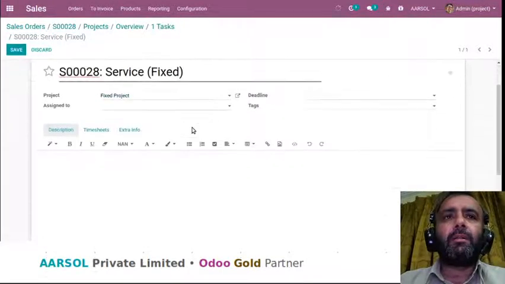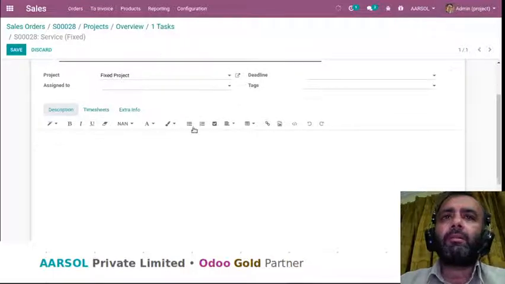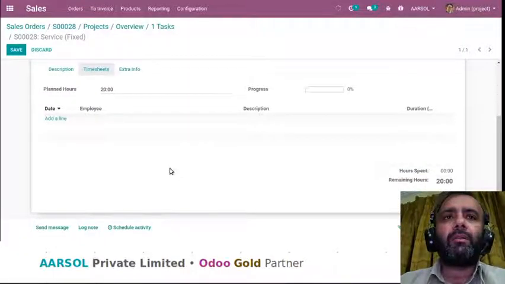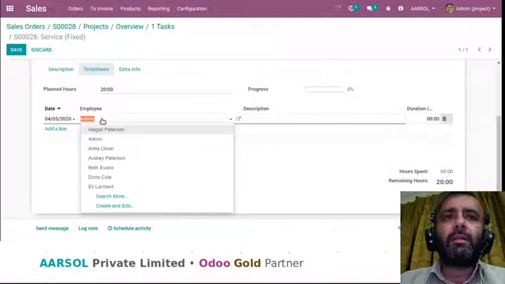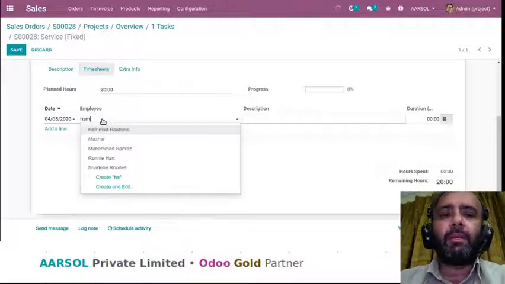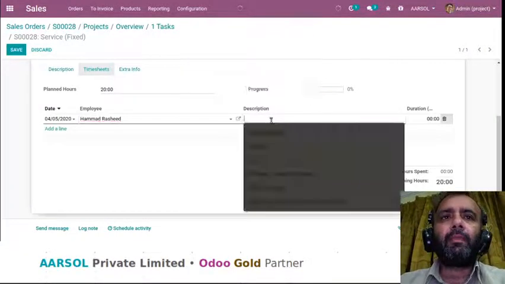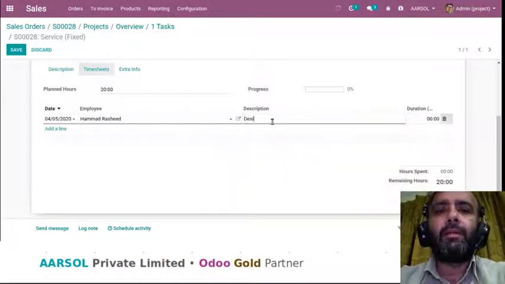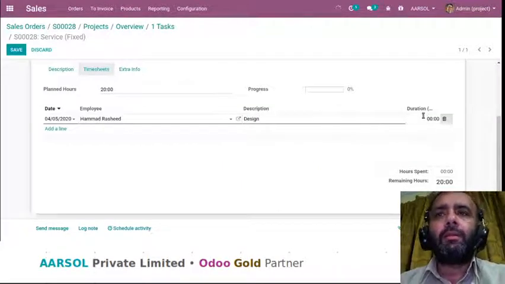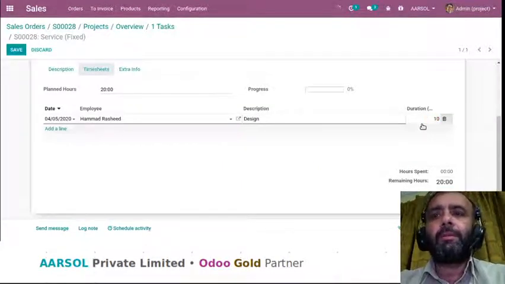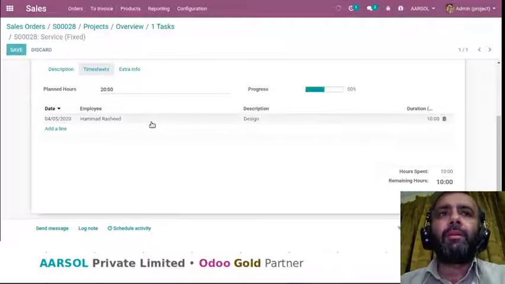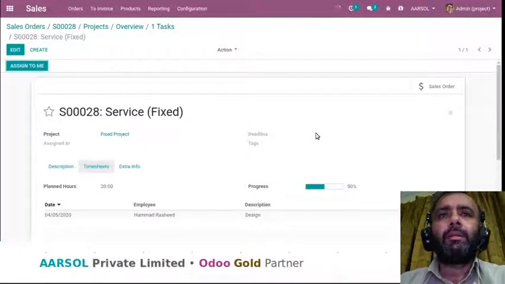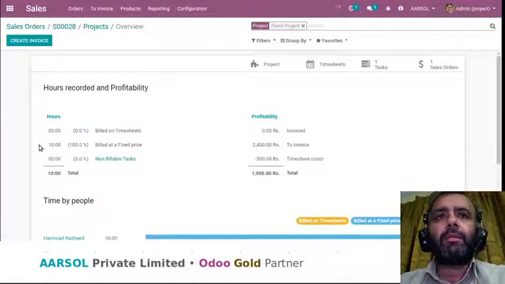If we add this one, we can assign this task to somebody, and directly we can fill the timesheet. Here we can see that planned hours are 20. If we add this line, and let's say that Mr. Hamad, while designing, has used 10 hours on this project. So 10. And now if we go to the overview, we can see here that these 10 hours are now